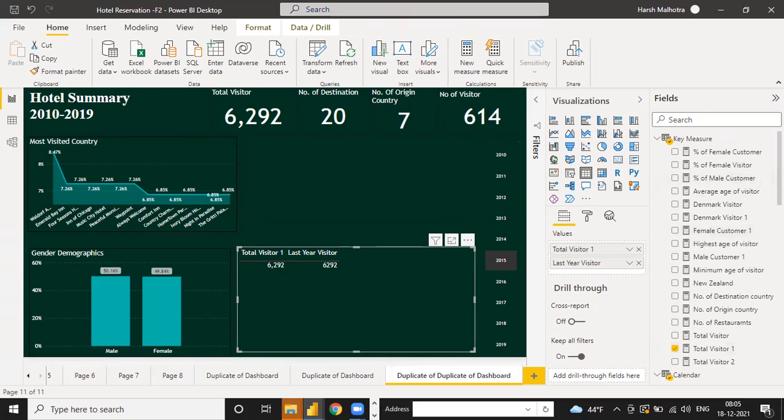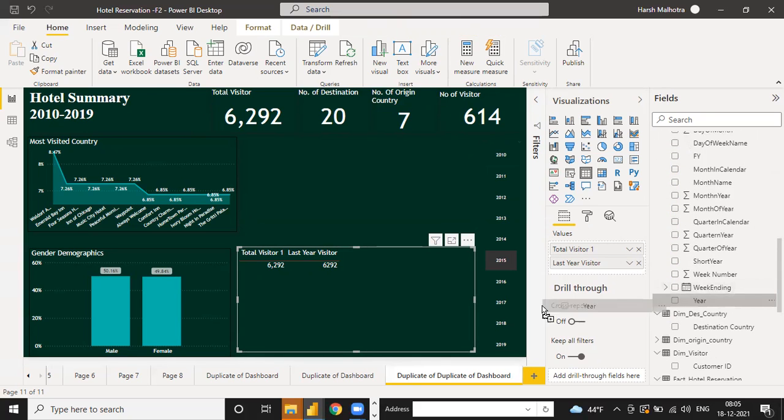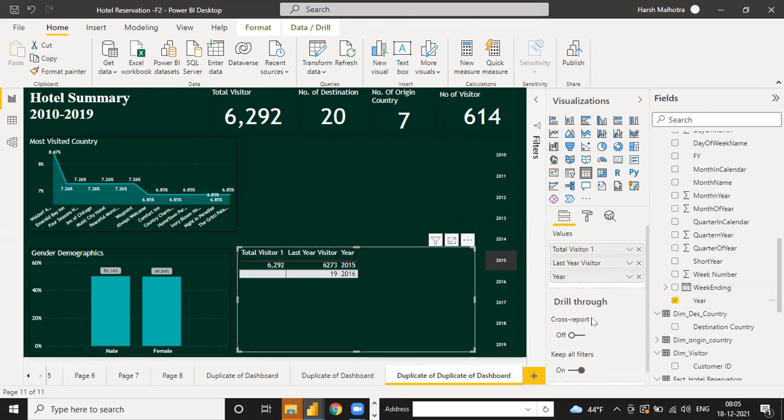Select the year from the calendar table. Yeah, right. Here the answer given is correct.